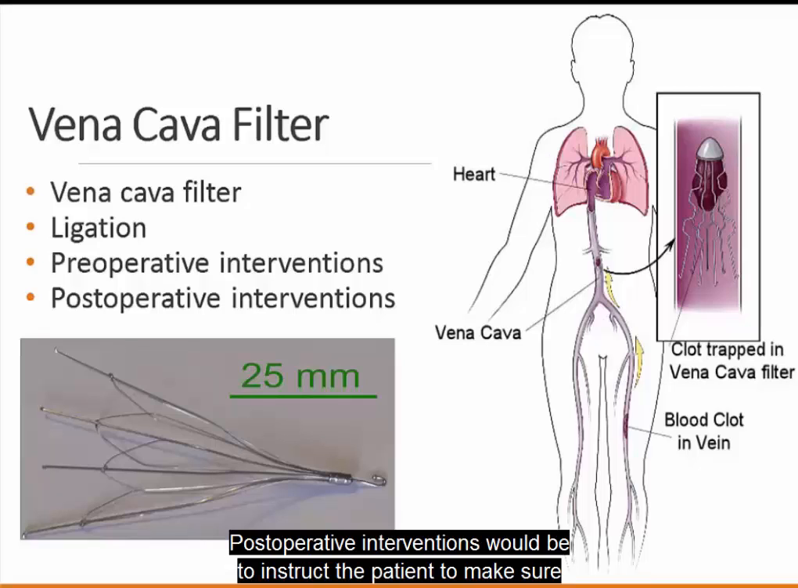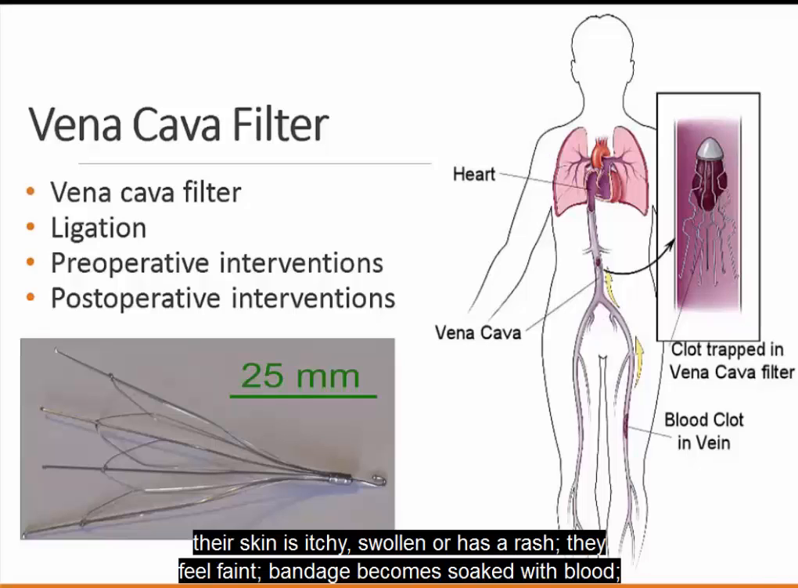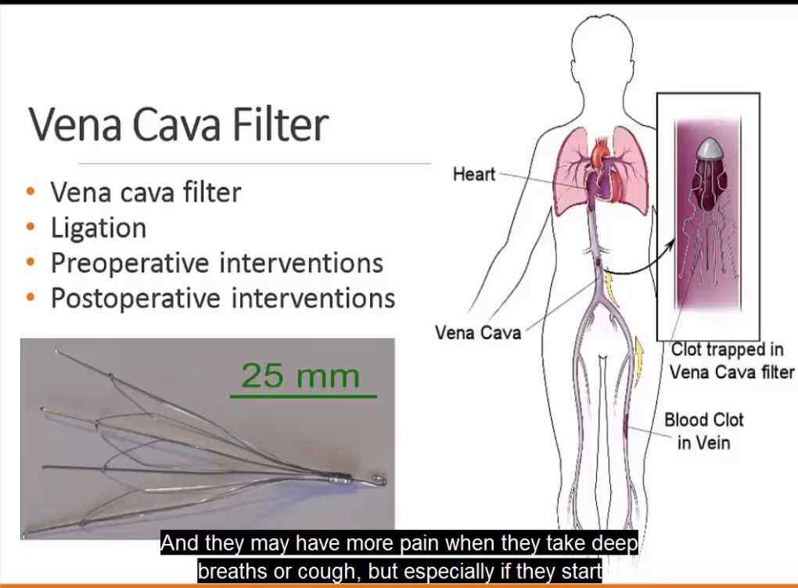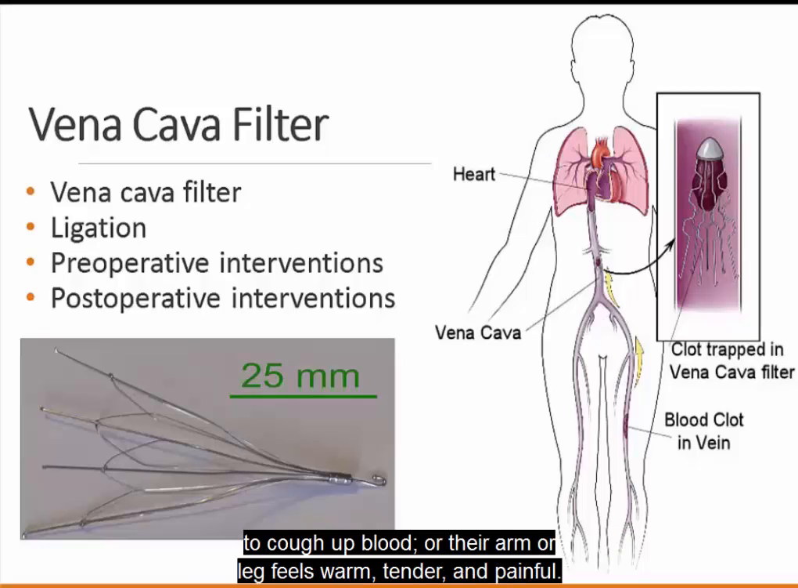Postoperative interventions would be to instruct the patient to make sure that they contact the caregiver if they have fever, chills, cough, or feel weak or achy, their skin is itchy, swollen, or has a rash, they feel faint, the bandage becomes soaked with blood, the incision is swollen, red, has pus coming from it, or it starts to come apart, if they feel lightheaded, have trouble breathing, new sudden chest pain, and they may have more pain when they take deep breaths or cough, but especially if they start to cough up blood or their arm or leg feels warm, tender, and